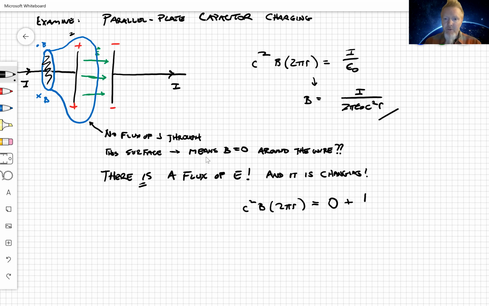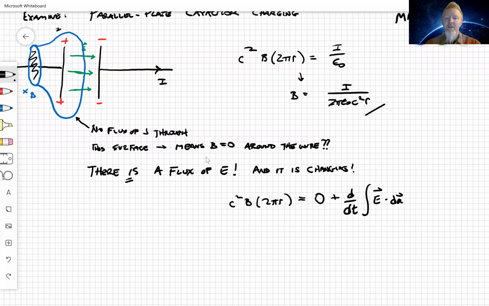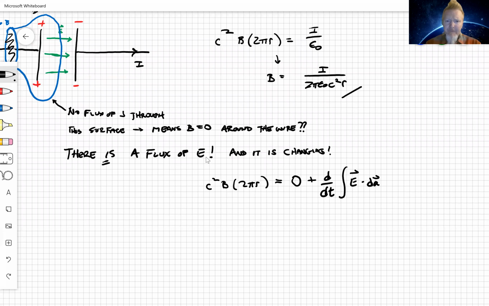Okay, so now I'm going to do plus d by dt for the rate of change of flux of this thing. I'm going to say, if I were to look at it essentially mathematically, it would be like this: E dot dA, right? That's my flux of electric field through it. So I would go like this: it's 0 plus d by dt of the electric field between the plates,